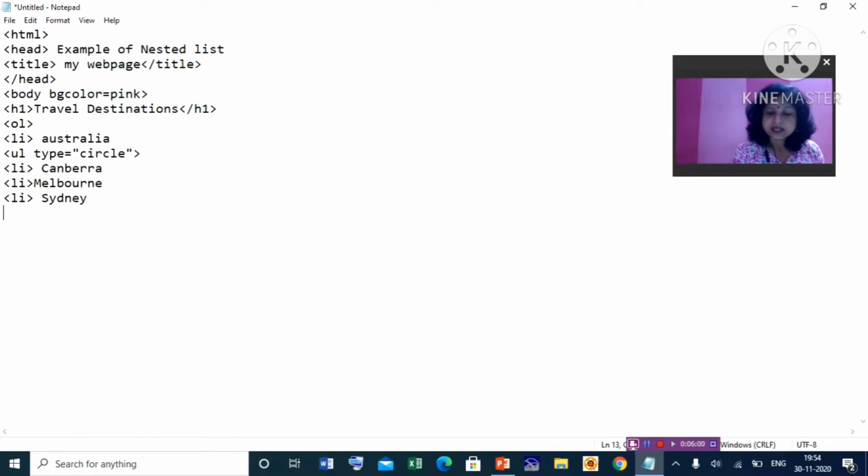So when this list is over, then you close this unordered list. Then another li, this li is for the first list, the ordered list. Try to understand. Then another unordered list, same, type equal to circle. You know that there are three types of unordered list. Default is disk, then circle and square.